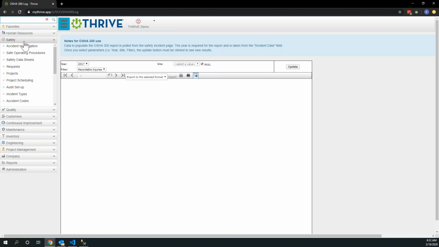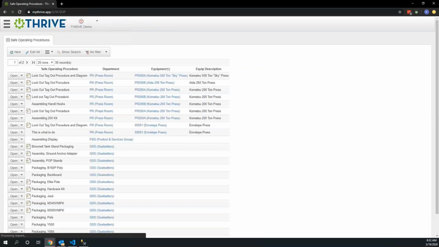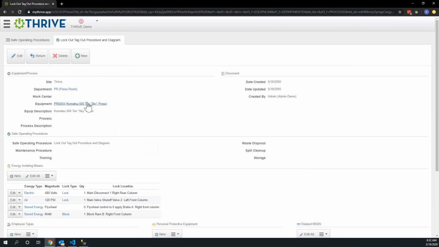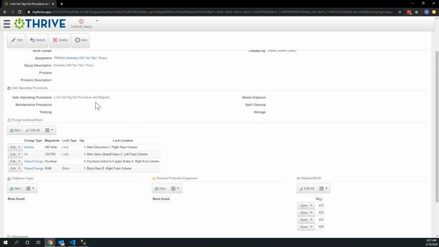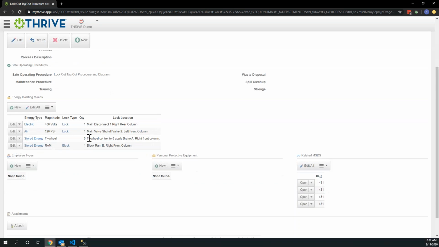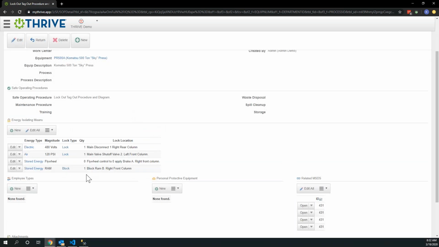So I'll keep watching the chat window and listening for questions, but that's the incident investigation. SOPs, safe operating procedures. You can build out this information, and it's typically related to an area or a process. In this case, this one's related to a piece of equipment, and there's date tracking, and you can give it a name, and then it allows you to talk about some of the different procedures that go along with it,